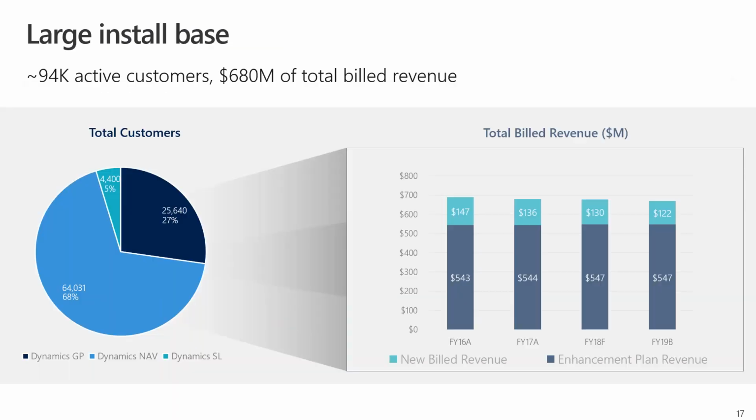In addition to the Office 365 market opportunity, we have a large ERP install base. Dynamics, NAV or Navision, GP, and Solomon generates approximately $600 million of total billed on-prem revenue every year, and it accounted for roughly a quarter of the total Dynamics revenue in FY19. We have over 94,000 active customers that will be the lowest hanging fruit for the cloud migration opportunity with Business